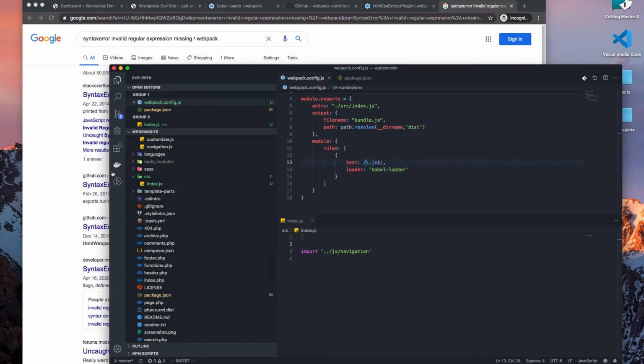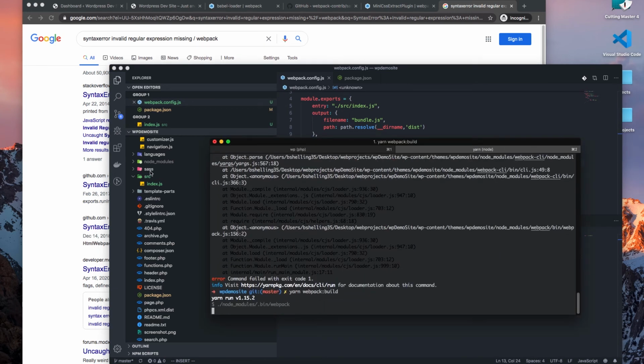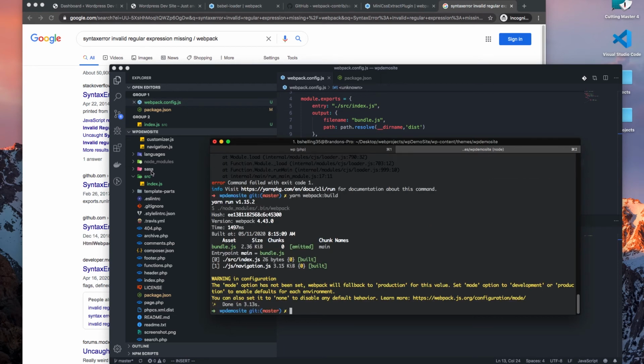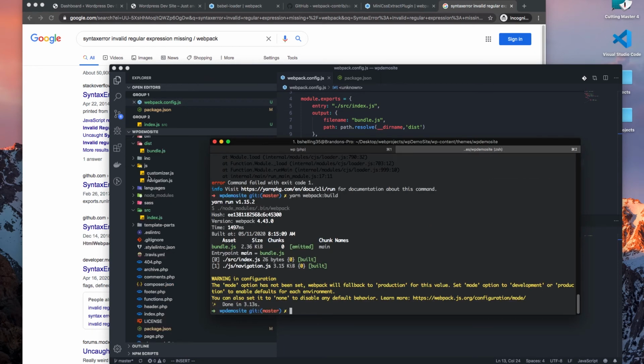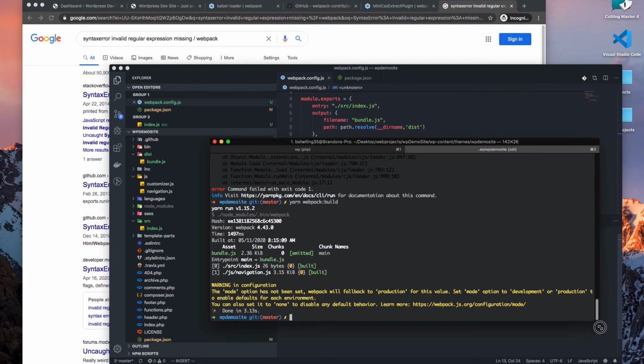Here we go. So now, boom. All right, so it looks like everything compiled. So these are actually just warning flags. So they basically tell you how you want to define this, either as development or production. And so